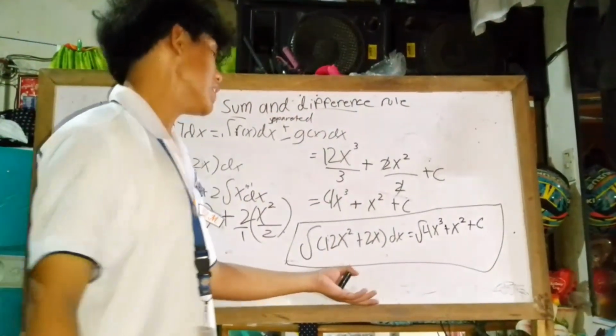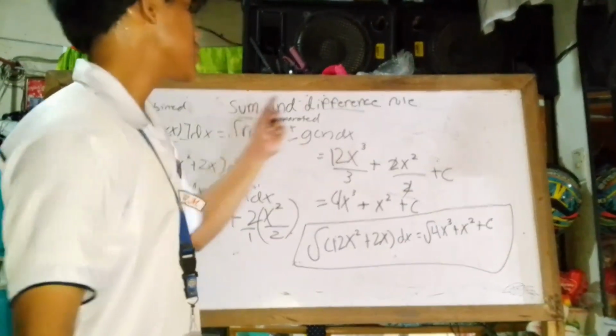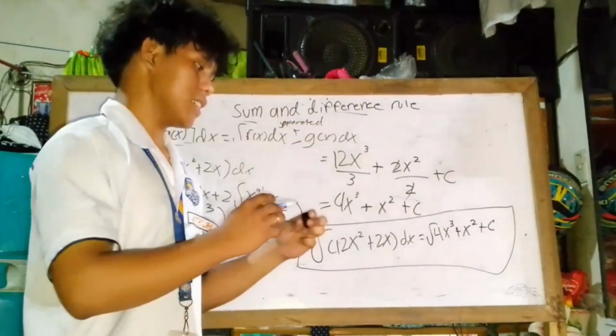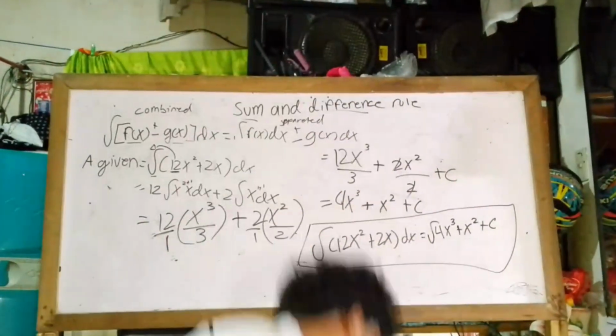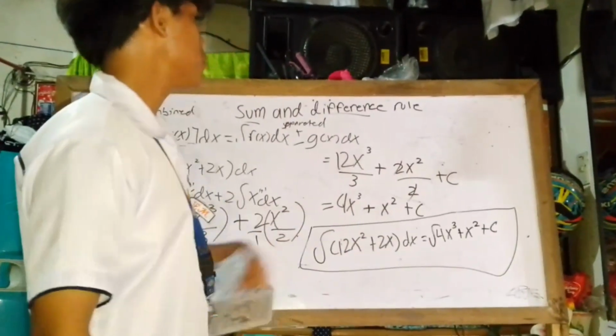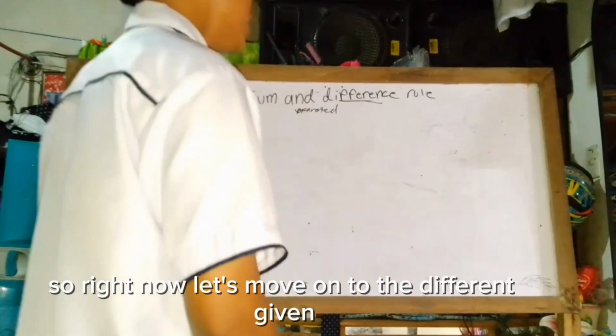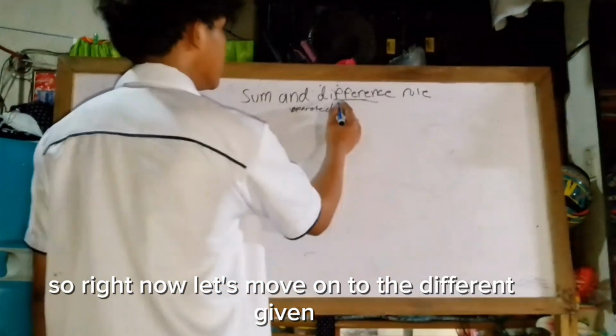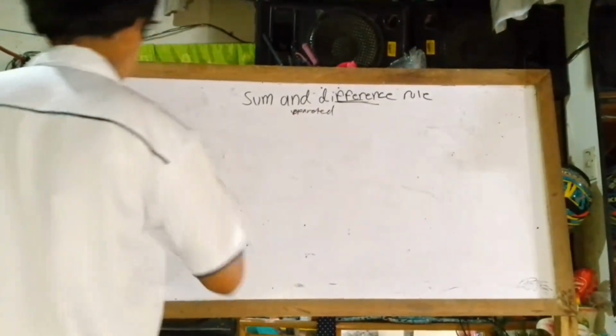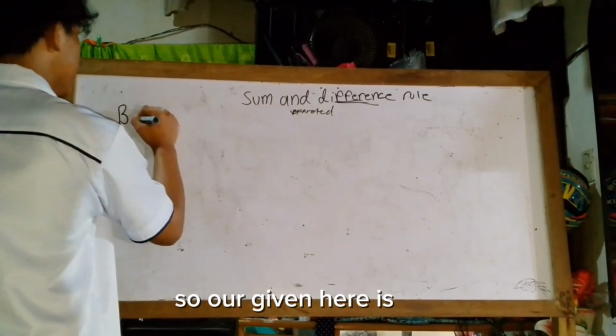So this is only in our sum. So we still have the difference. So right now, let's move on to the difference. So our given here is